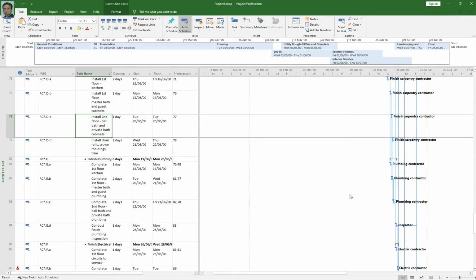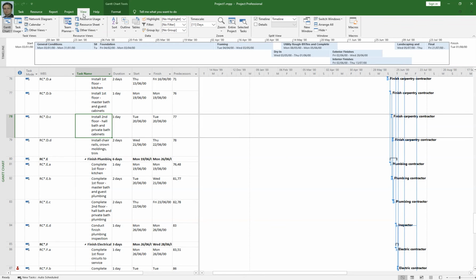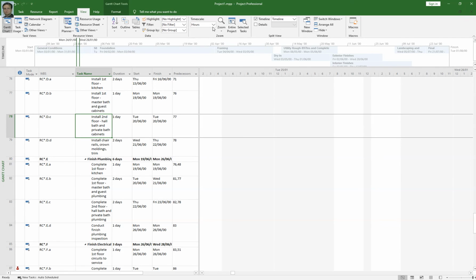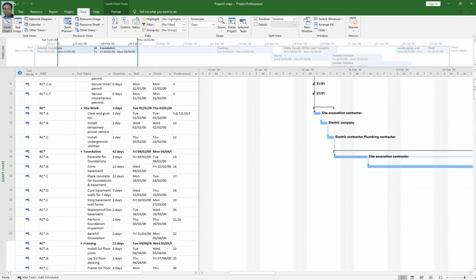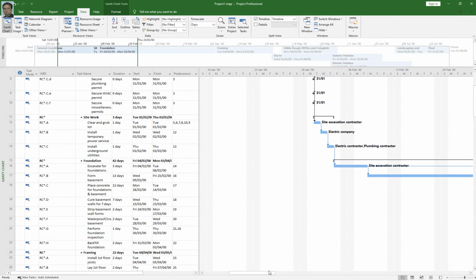To do that, click on the view tab ribbon, and then under the zoom section you have time scales, that is hours, quarter days, weeks, days, months and years. So you can set even in hours as well and days as well. It will change automatically according to the data you feed in the project software.